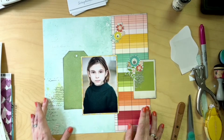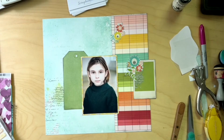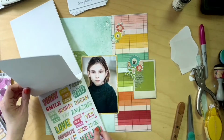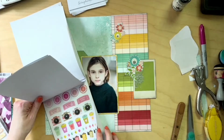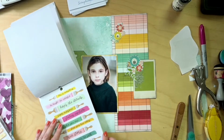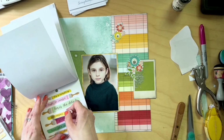Okay, so we're going somewhere along like that. Let's have a look at that other sticker book. It's much more fun if you sing the word sticker book, I'm just saying. Okay, so let's start with labels and frames and things like that. And we're going to match up some colors along the way. Are there any of these that work? Yeah, we can have this yellow one that says...